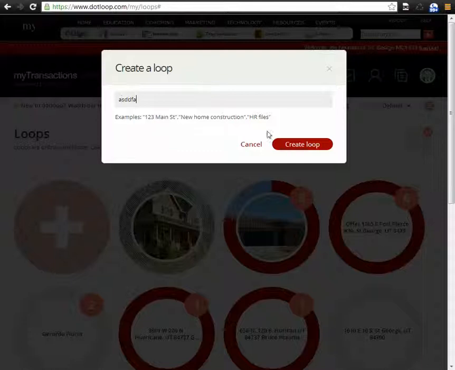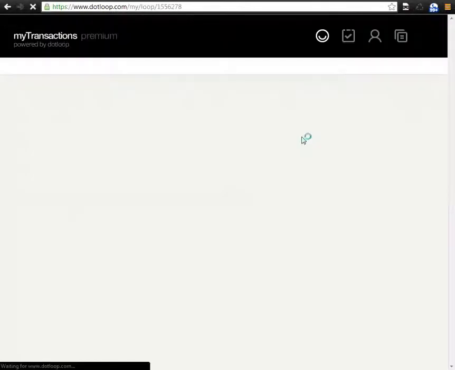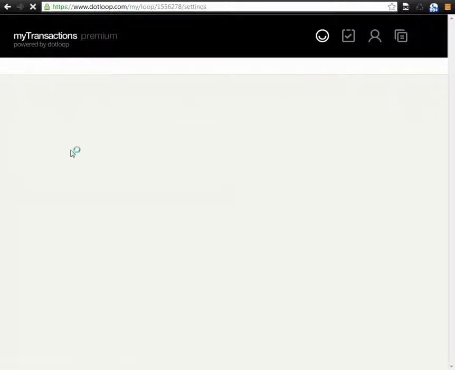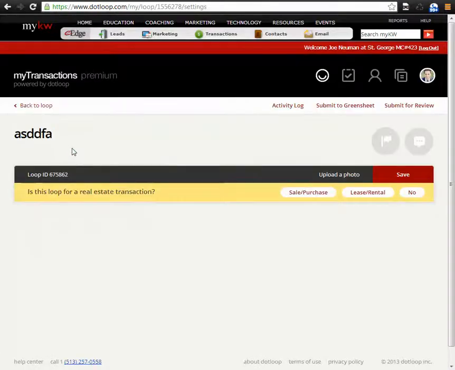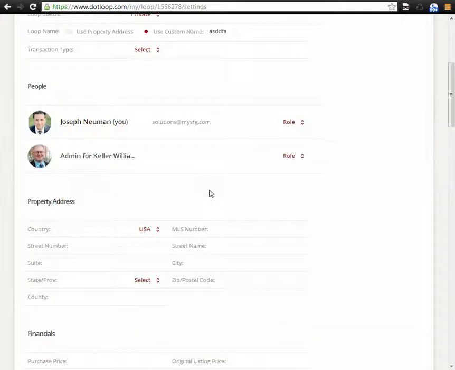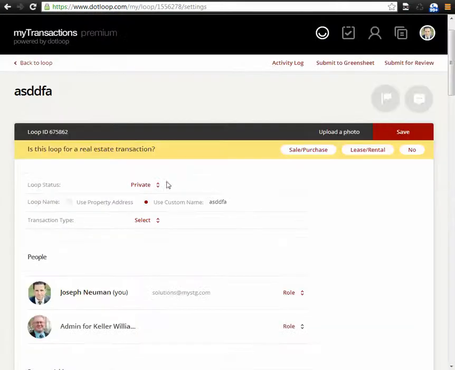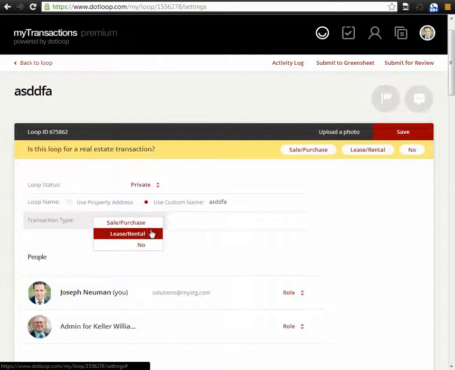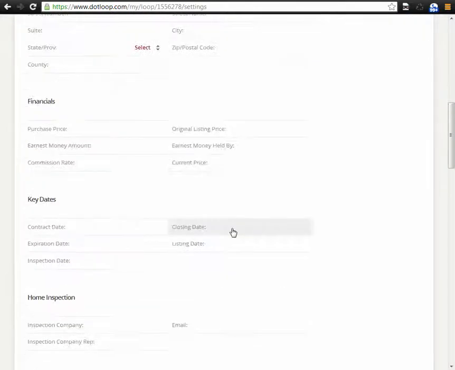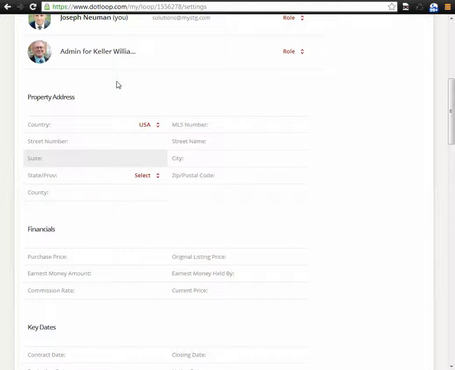Just type in anything for the loop name. The reason is that the first thing you're going to do is go into Edit Details and put in the address for the property. So we'll scroll down here to the bottom. We want to set the transaction type, which is a sale, purchase, and then come down to the address, put in the address,